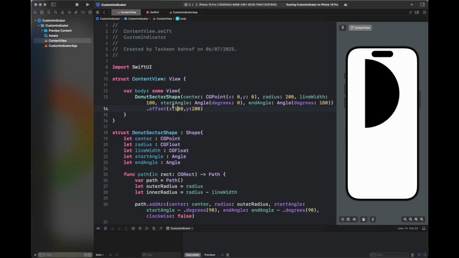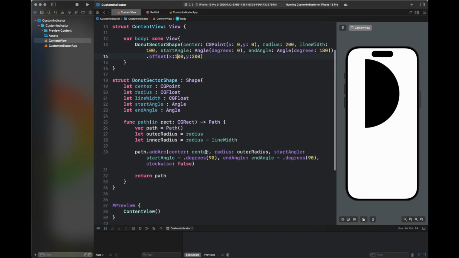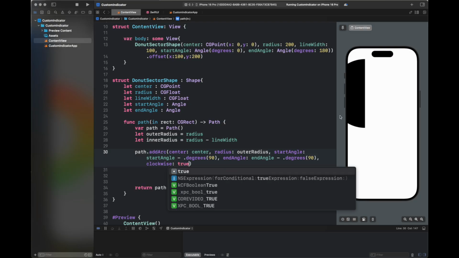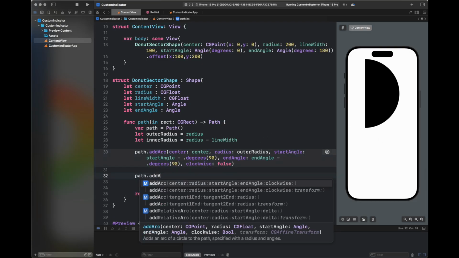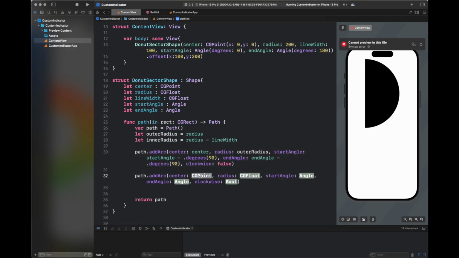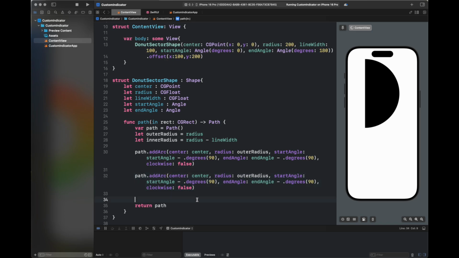So here I'm adjusting the offset so that it's visible on the screen. Next, I'm going to show you what is the function of clockwise and anti-clockwise. So basically you are going to draw and flip it by moving the clockwise value. Next, we are going to add another arc. It is going to be just like the previous one, but just the radius value is changed. So here we are drawing another arc inside